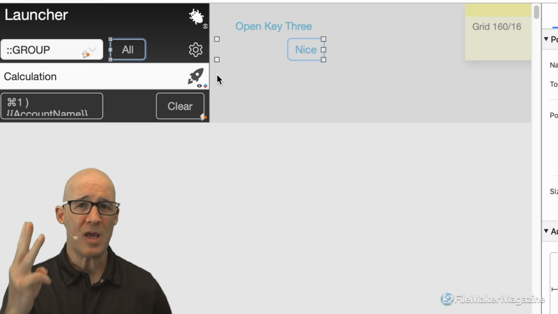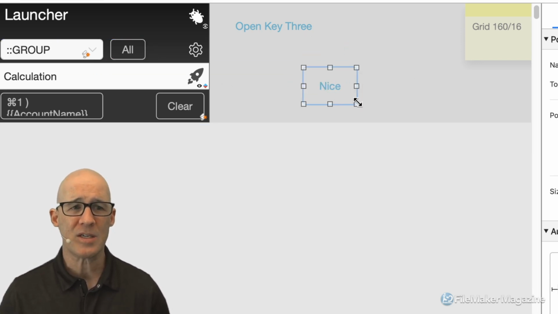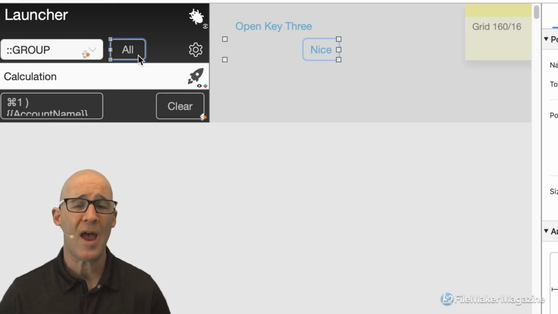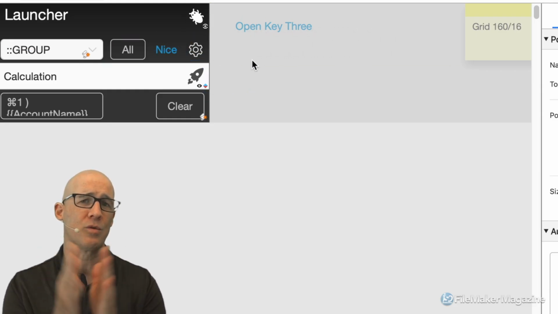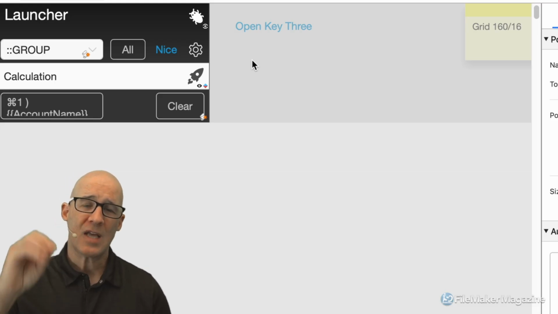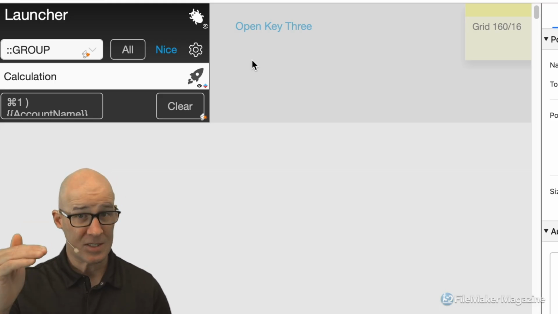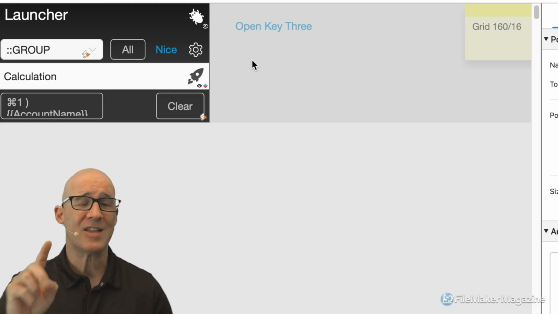So three keyboard shortcuts took me from having a button that was like this to, where's my reference object? Okay, this has the size and width I want, and I go boom, boom, boom, and it is instantly there. Then all I have to do is drag that in, and it's right there next to the button that I want. This is the value of taking the time to assign, number one, and then two, practice. That's the one thing I